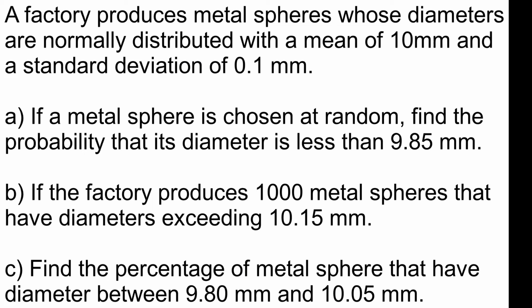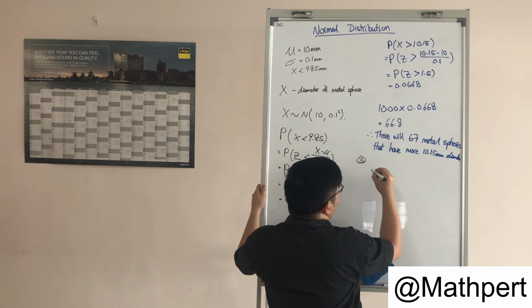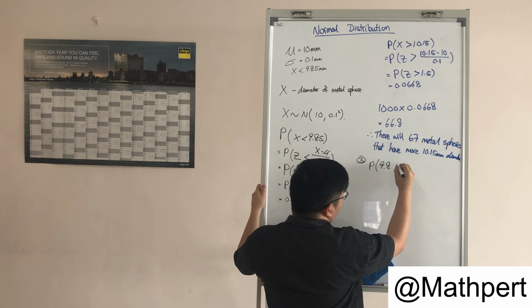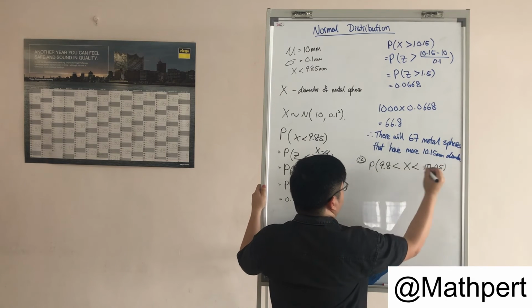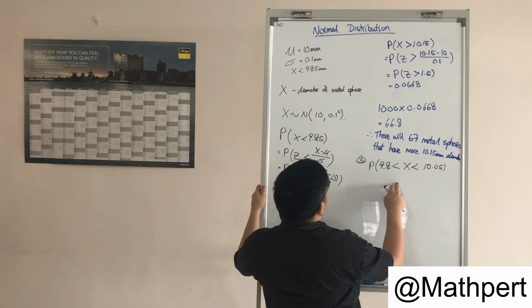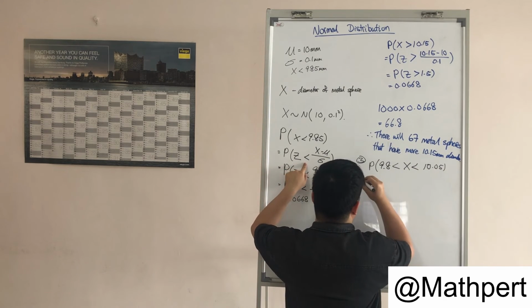Now let's take a look at the final part of the questions. Find the percentage of metal spheres that have diameters between 9.80 mm and 10.05 mm. We are asked to find the probability of getting between 9.8 and 10.05. Right? Convert it into the standard normal distribution using this formula. We get